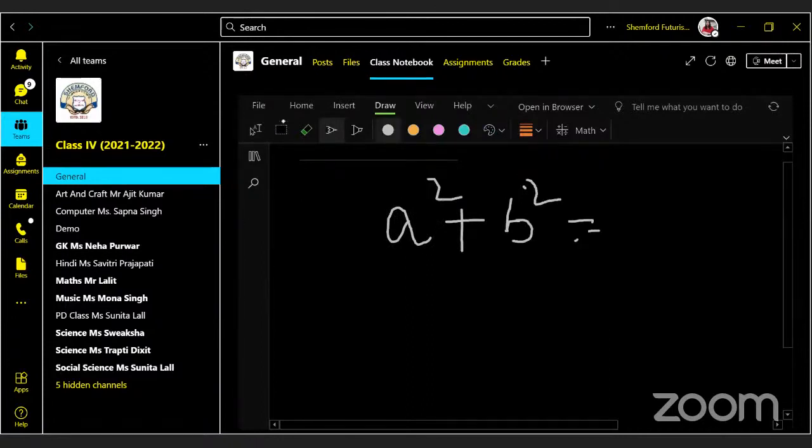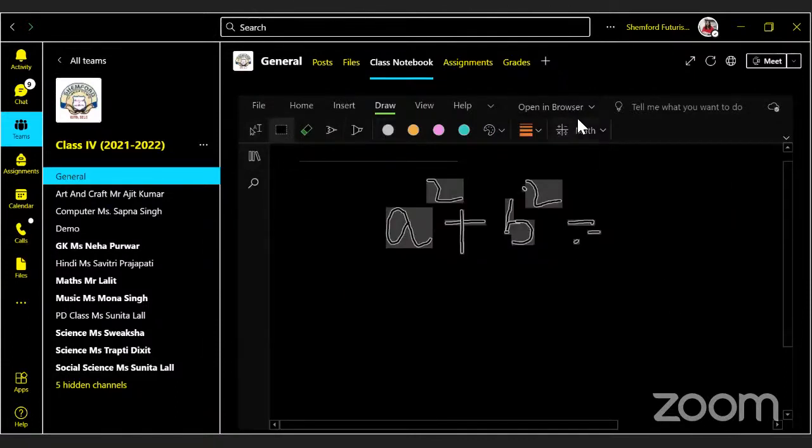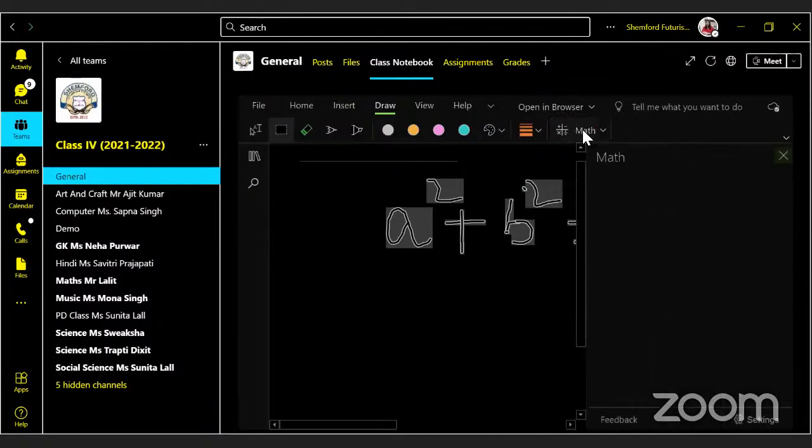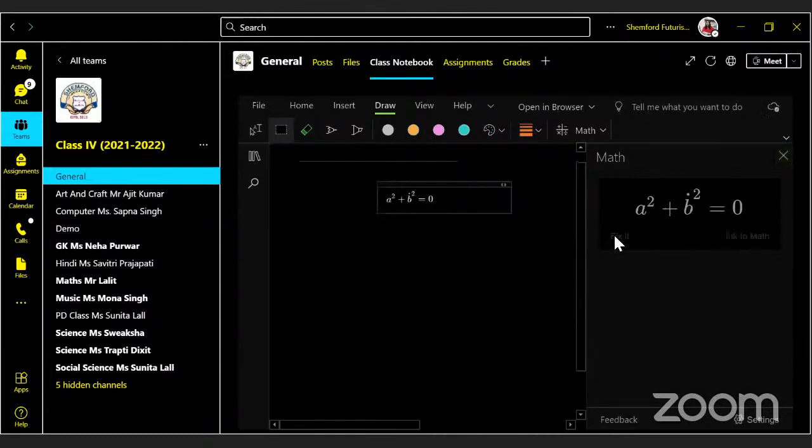So now I have to select it. I have to click on the math option. So it has converted into math, a square plus b square. A dot was put there, so math teachers must be knowing, something is slightly wrong. So it will convert into math, or maybe there was one option for fixing it also. Okay, so it will automatically convert into that. And even if I could have written it properly, just a minute.